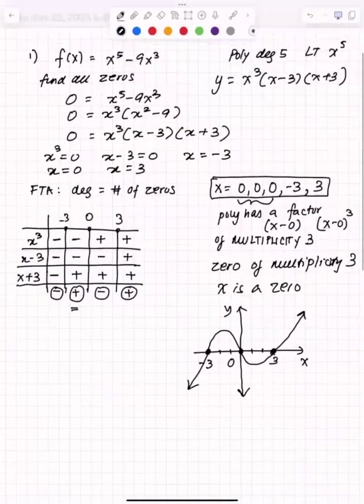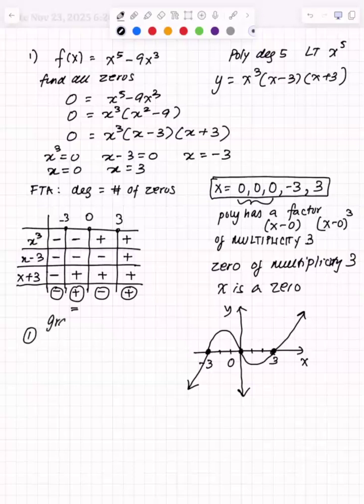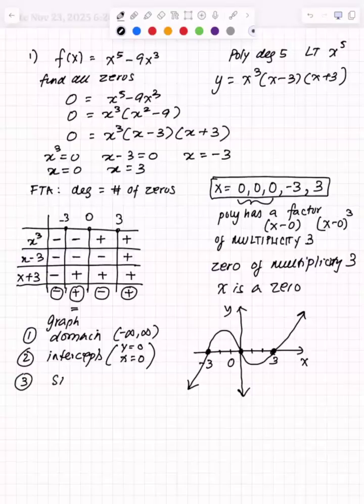Here there is an important thing. We can also sketch this graph. There are a few things we're interested in for a graph. First, we care about the domain of the function. For polynomials, it's always negative infinity to infinity. We find all the intercepts. For x-intercepts, which are the zeros, we set y to 0. To find the y-intercept, we set x to 0. The third thing we do is the sign chart